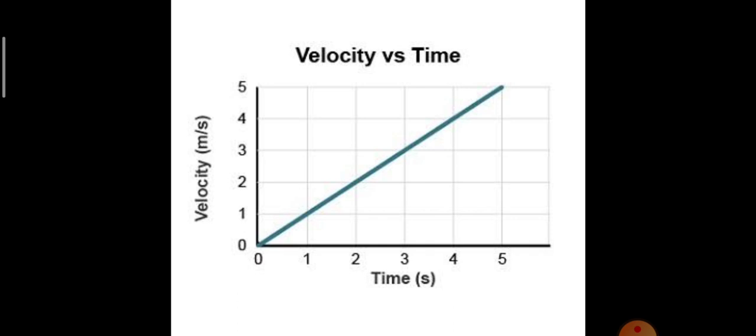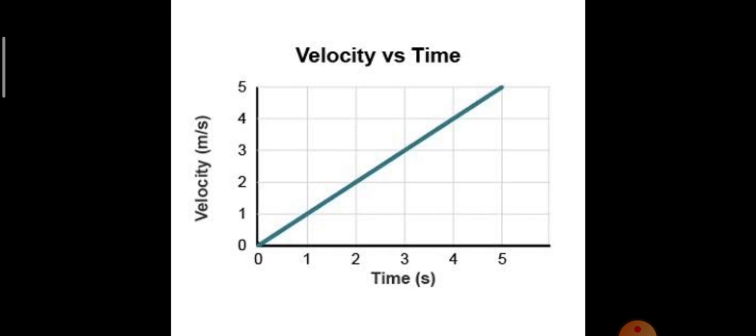In the last class, we discussed the velocity time graph for a body moving with constant velocity. And what did we calculate under that? We calculated the magnitude of displacement. Is it? Since we got a rectangular shape as the area, we calculated the area of the rectangle to find out the magnitude of displacement of the body. That is the area under the velocity time graph in that case.